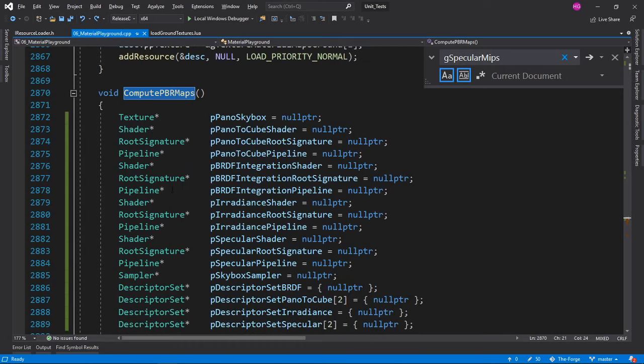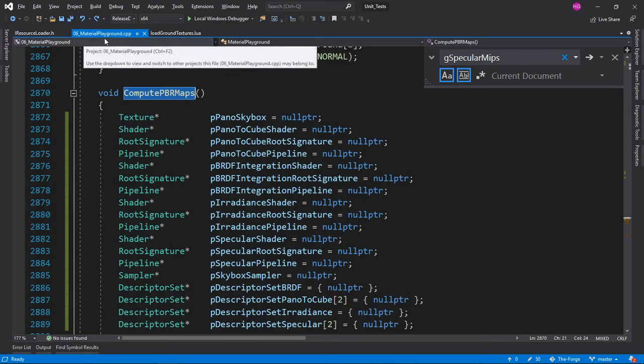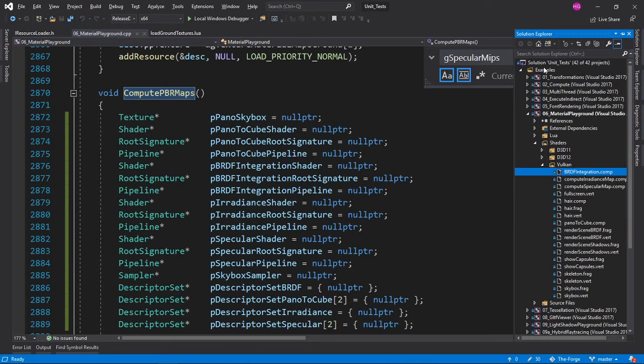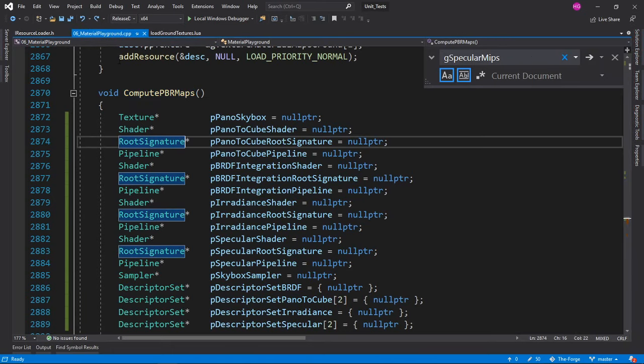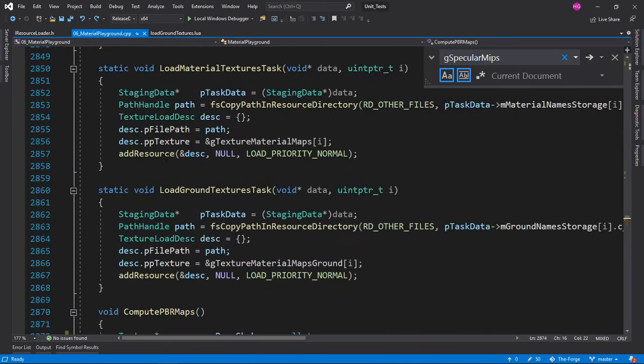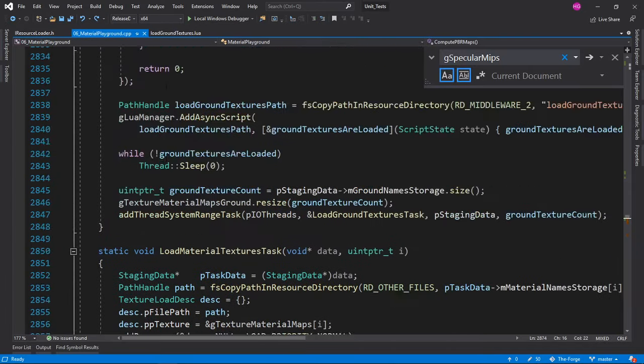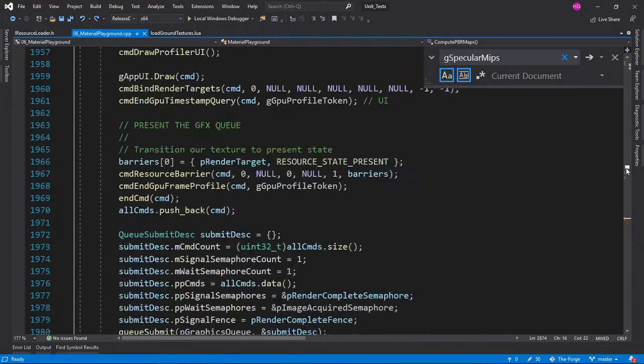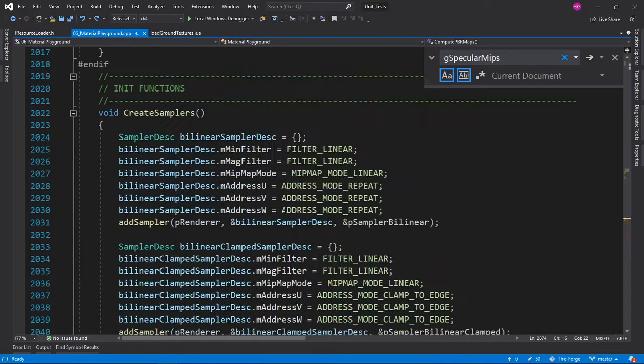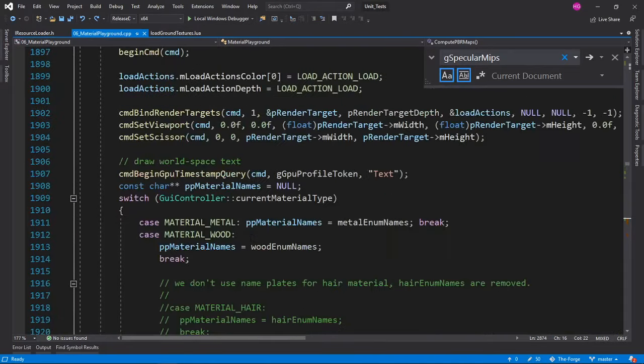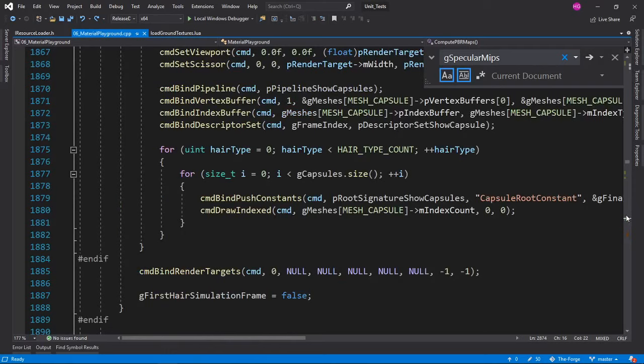Everything ran. We started reading the code from one of the examples, Material Playground example, on the unit test solution. So I started reading from this init function. Let me just get to that init function. So we started reading from this init function here, initialization function.